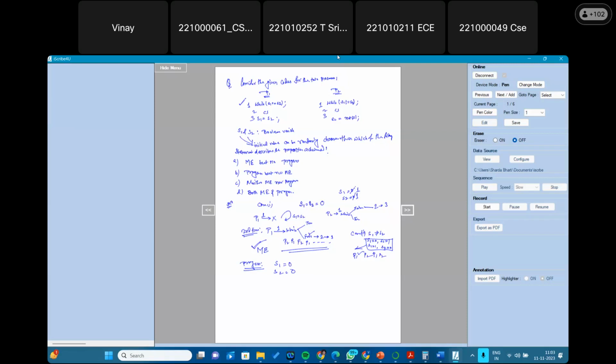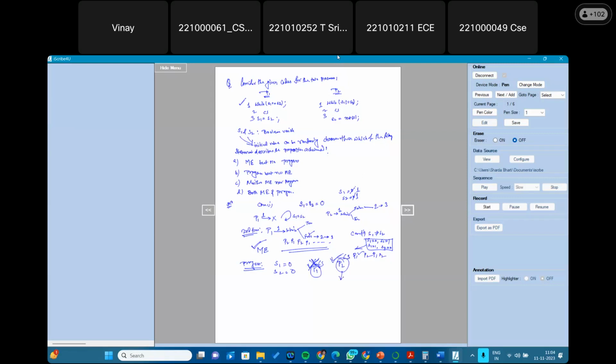Okay. And P1 does not want to execute its critical section. P2 is willing to execute its critical section. Clear? P1 does not want to execute its critical section. P2 wants to execute its critical section. So